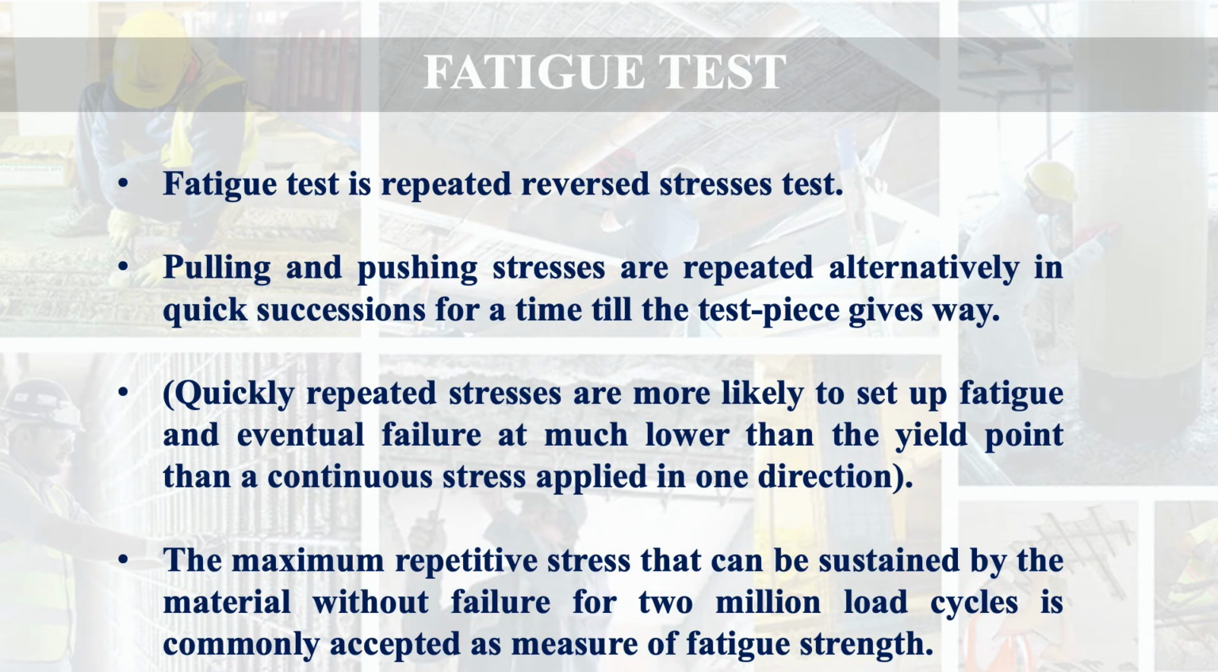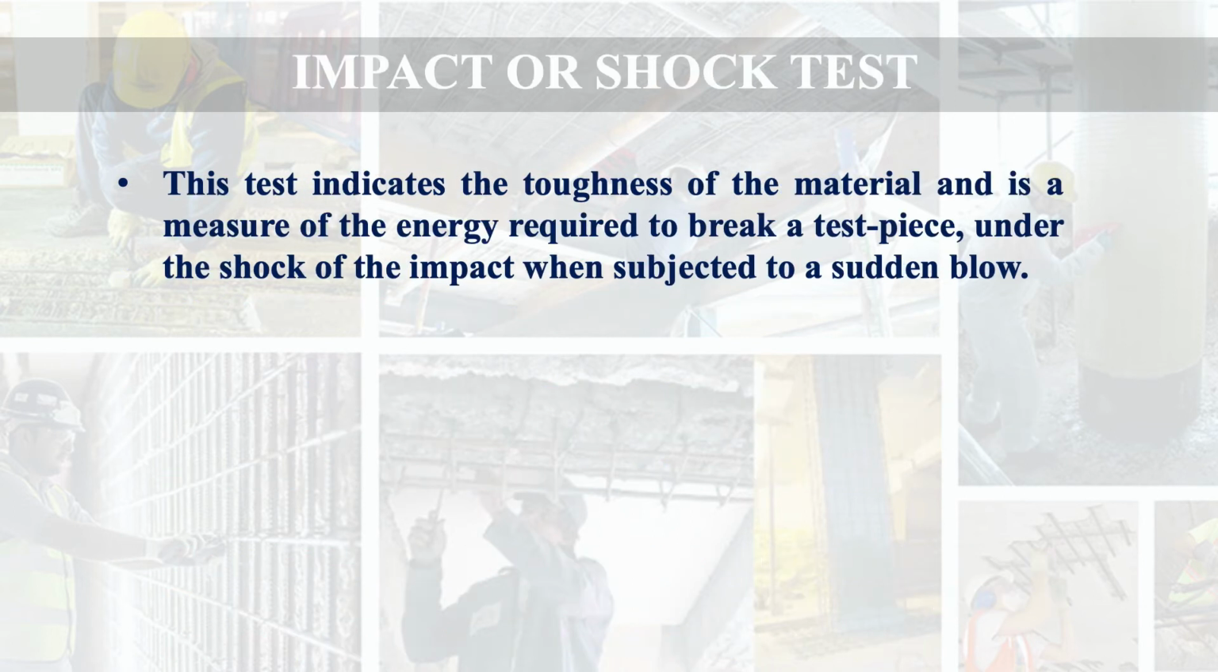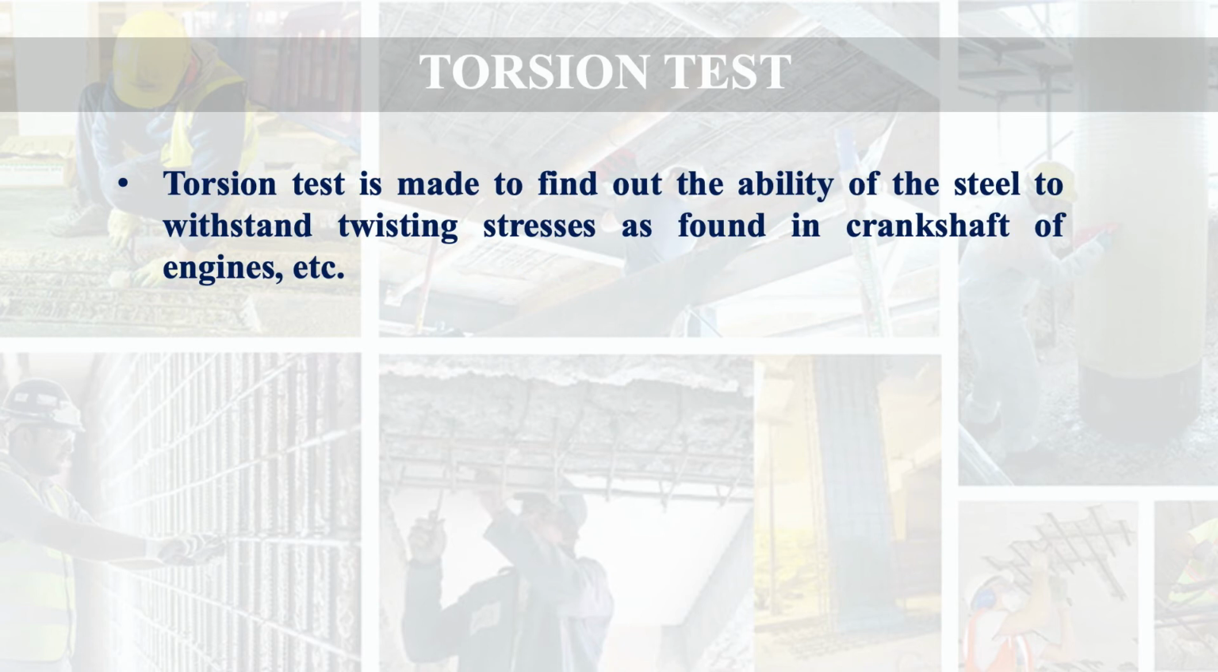Now let's move to impact or shock test. This test indicates the toughness of the material and is a measure of the energy required to break a test piece under the shock of the impact when subjected to a sudden blow. Then next test is torsion test. Torsion test is made to find out the ability of the steel to withstand twisting stresses as found in crankshaft